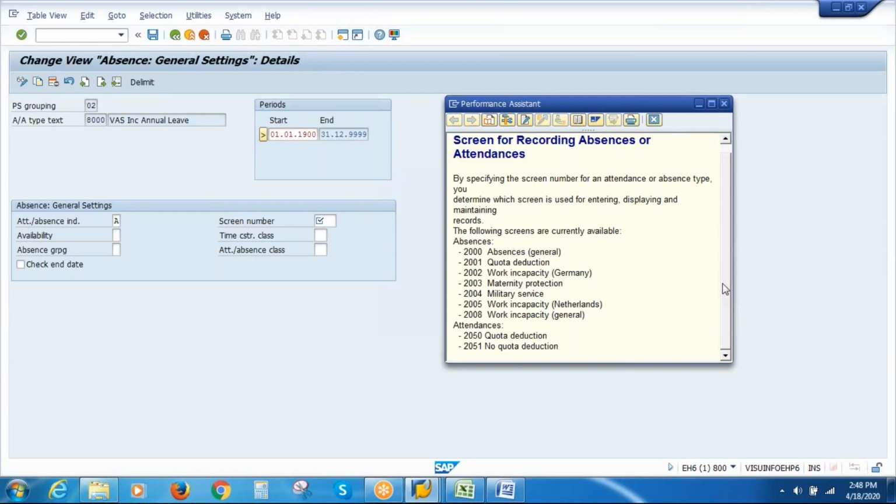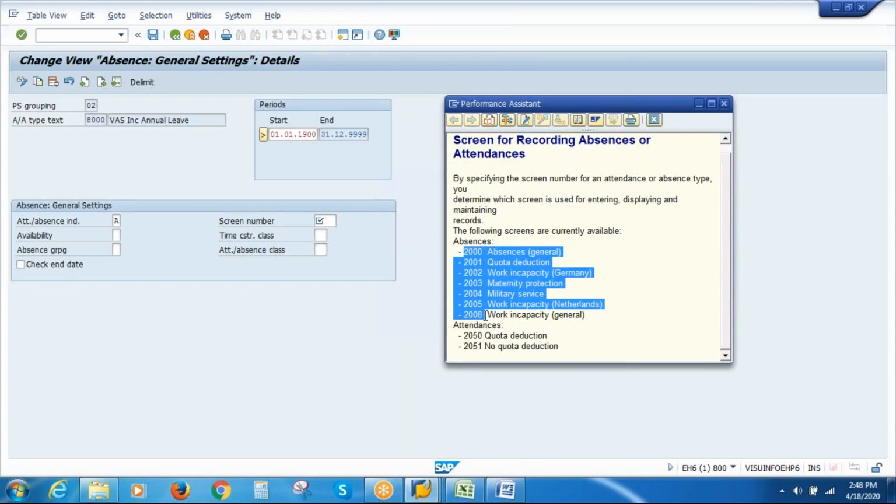So, what are the possible screen numbers that we can assign to this particular absence type? The screen numbers are 2000, 2001, 2002, 2004, 2005, and 2008. The screen number that we assign depends on the variety of leave that you are configuring right now.